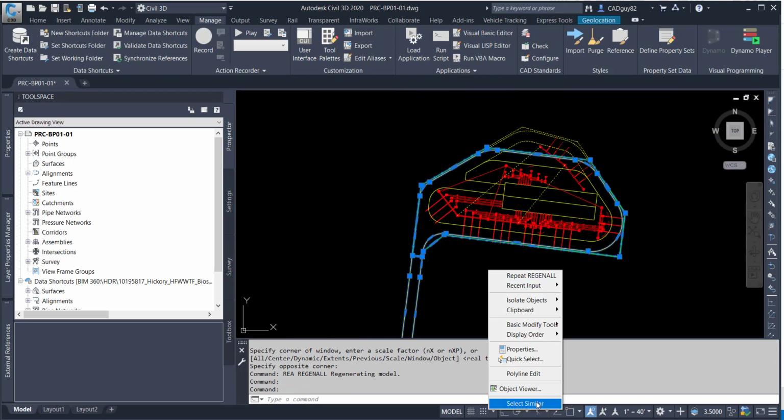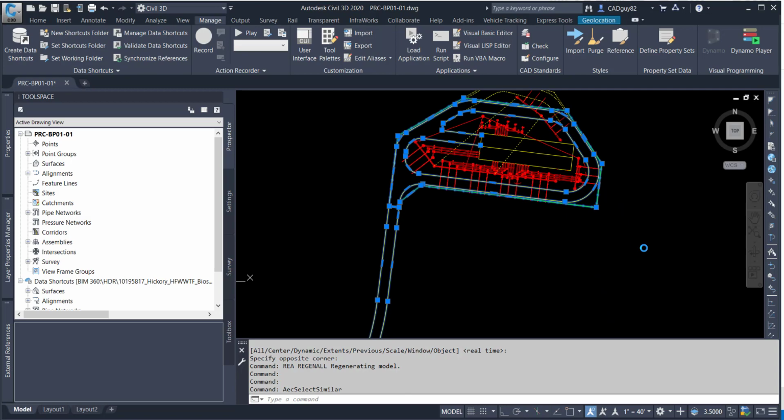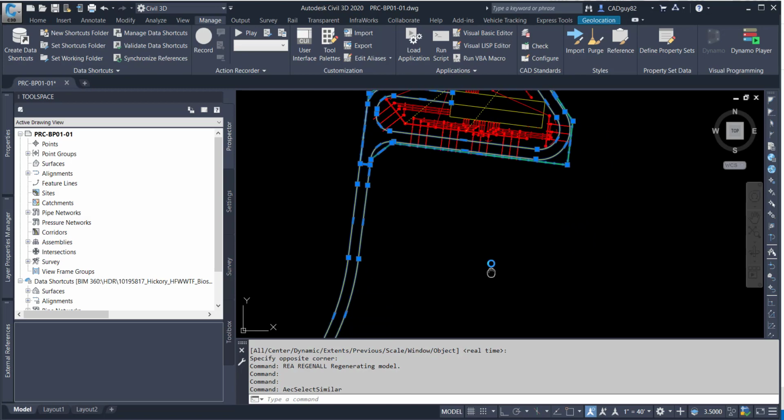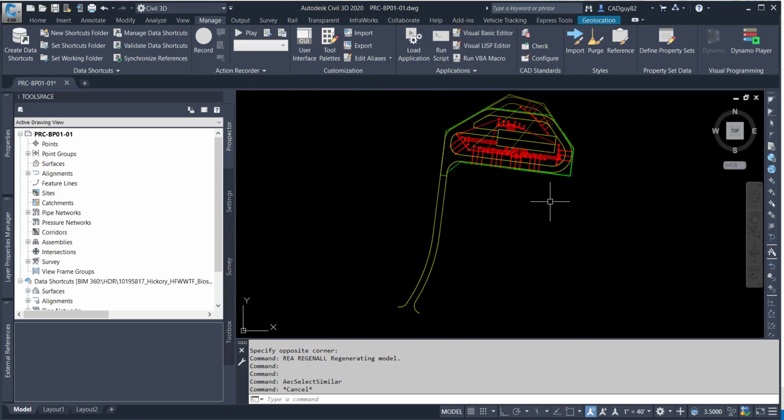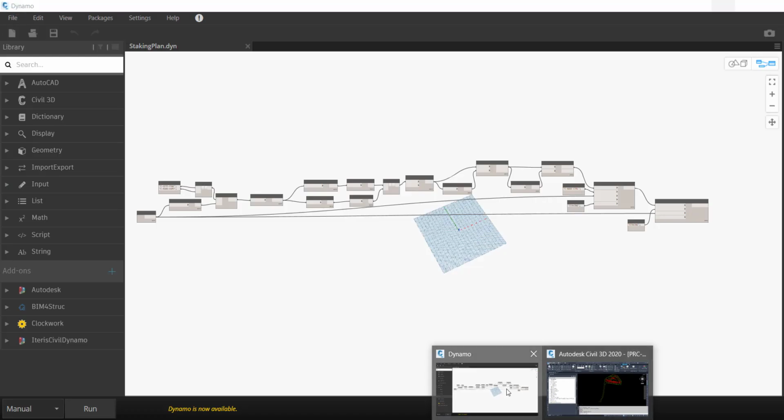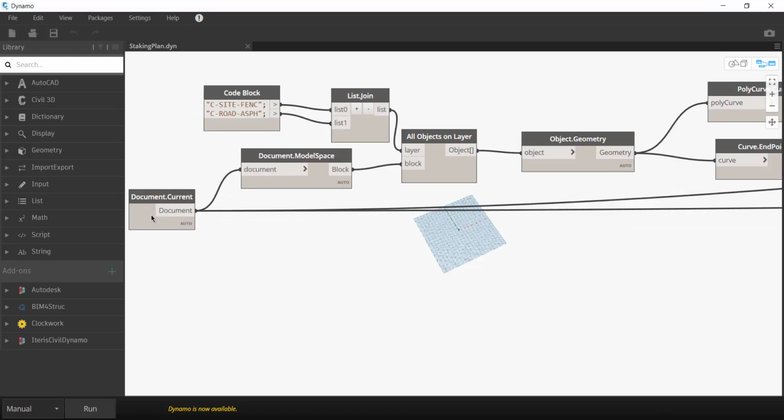Looking at the site, again, we've only got 3 lines that we're looking at for this particular site. But as you can imagine, the bigger the site, the more time you're going to save. And I'll show you that in a little bit. So looking at the script a little bit,